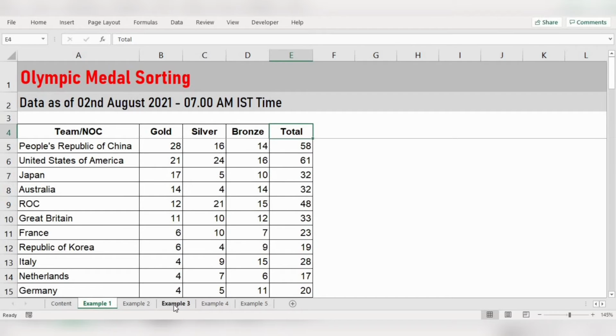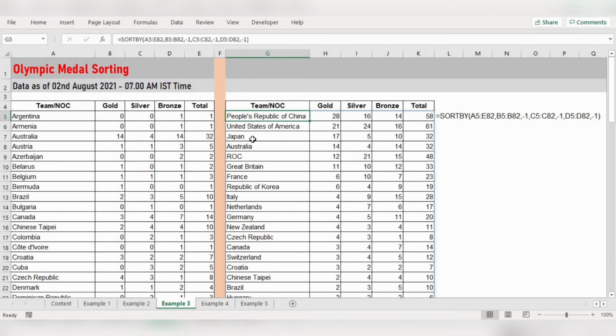We received the data: first China, USA, Japan. You can see first China, USA, Japan. And what is the difference between custom sorting and the sorting we enter through a formula? Suppose I type here Australia with 70 gold medals. Now you can see the result here, they will be on top. In custom sorting, once you enter the data, it will not sort automatically. We have to go and do it every time. But if you enter it through a formula, whenever you update your data, the result will change immediately.